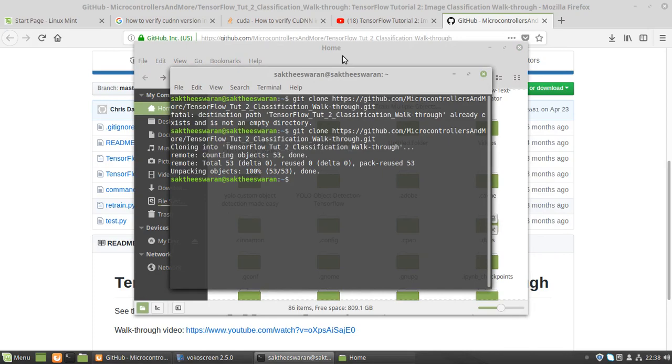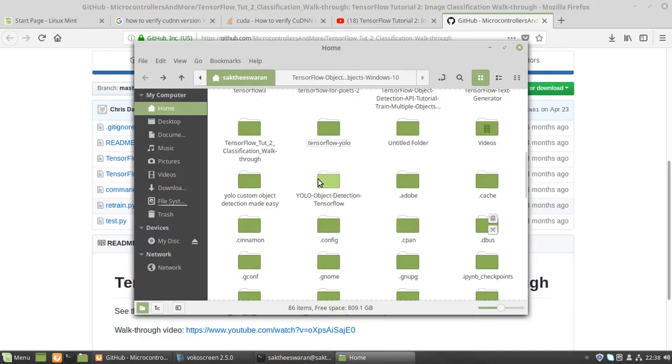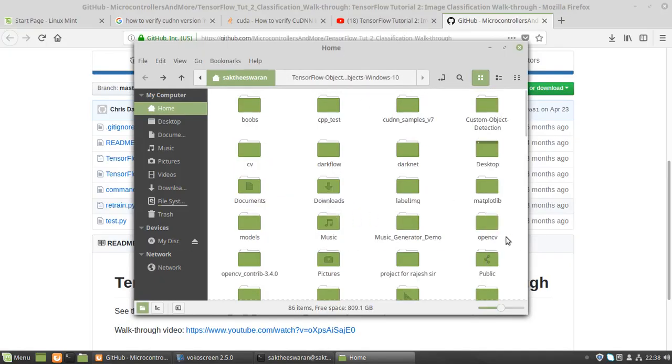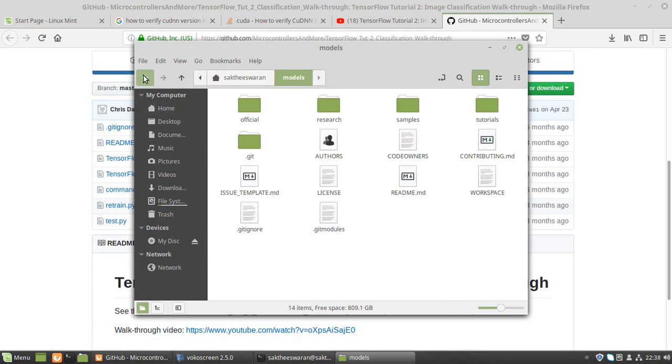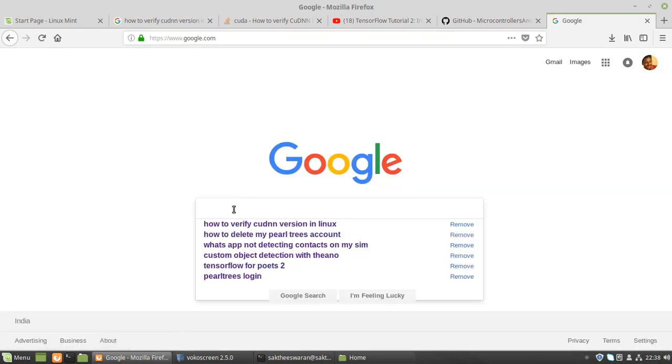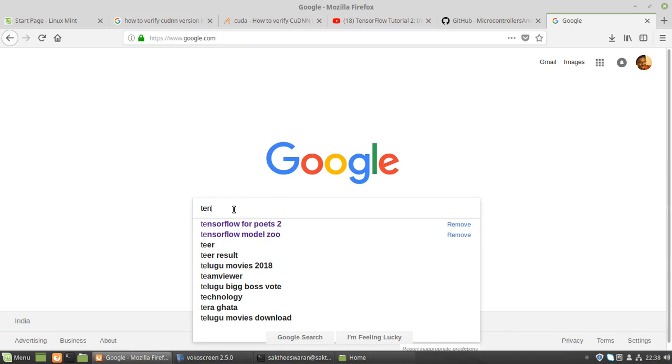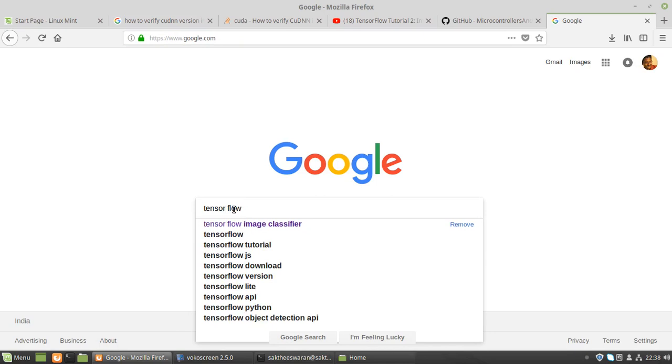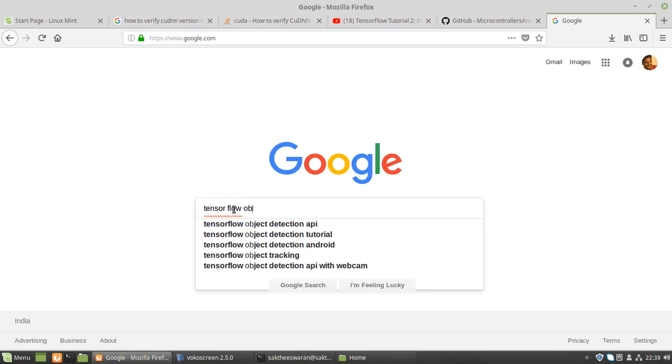and I have to tell you that the models file from TensorFlow object detection API has to be downloaded. So let me show you. This should be downloaded in the same home folder. So go here, TensorFlow object detection API. Go here to GitHub,